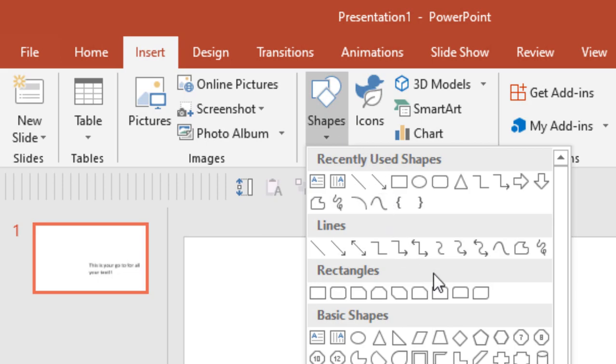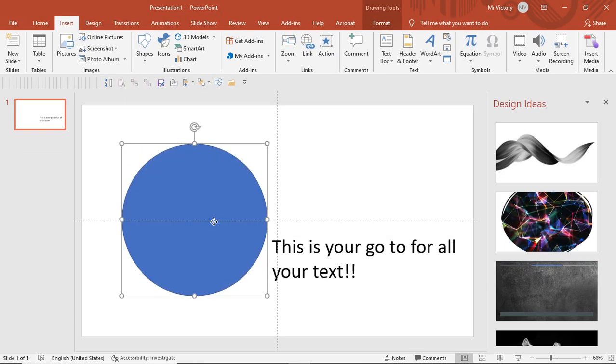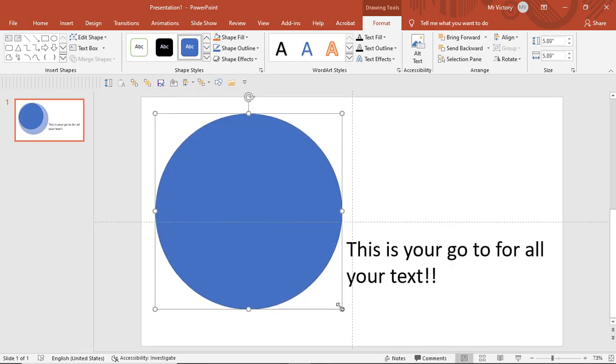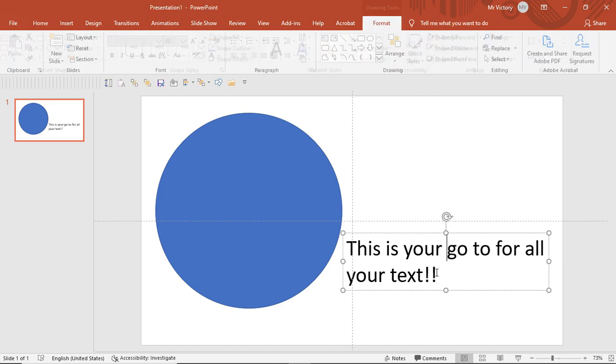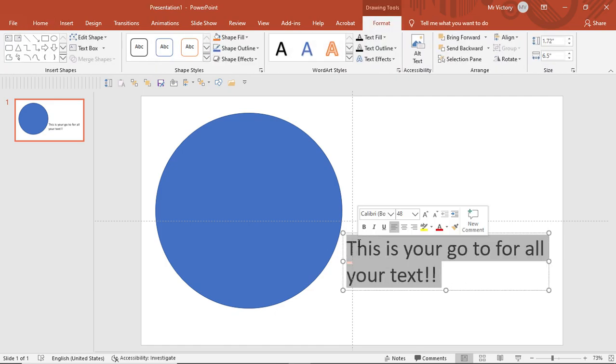any shape of your choice. Let's insert a basic circle. Okay, now we can place this circle here like this. Okay, and let's see, what do we do with this? This is your go-to for all your text. Okay, so